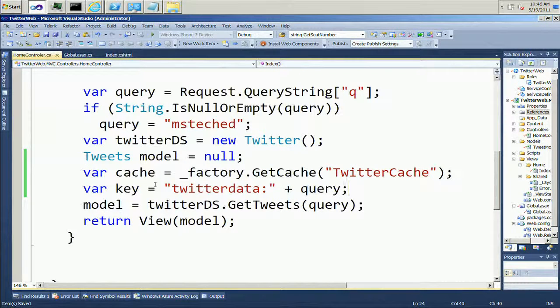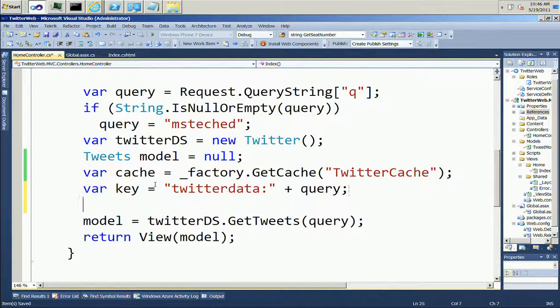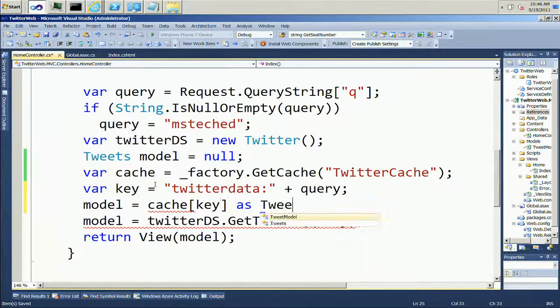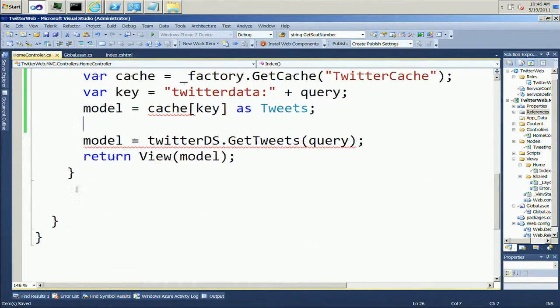Because I'm potentially executing multiple queries against Twitter, I don't want to overwrite one query with another query, right? So I want a unique key per query. So that should do it. And then I'm going to say model equals cache bracket key as tweets, which is my collection object for tweets,